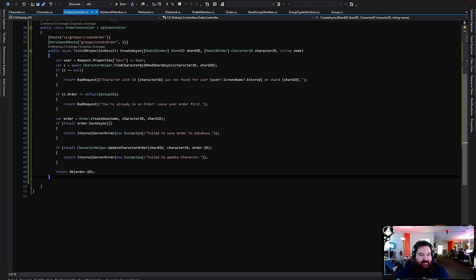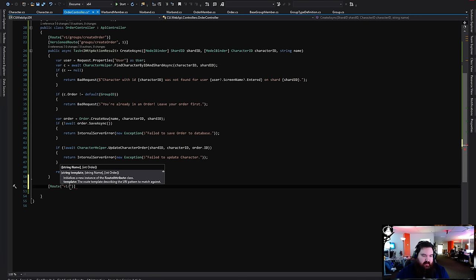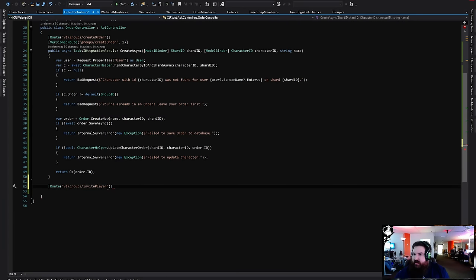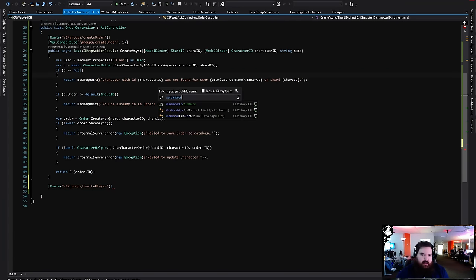All right. We'll just assume that this works for now, and we'll do the next function, which is invite a player. So invite player. I mean, how did I word this on Warbands? Just for consistency. I worded it as, oh right, because I did.